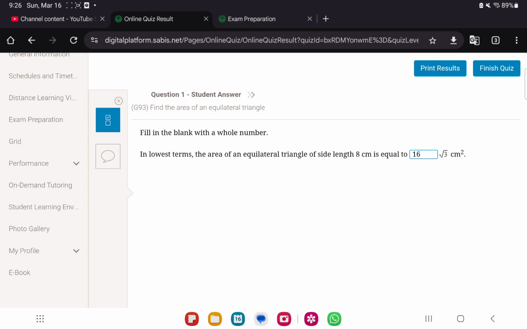So for the first question, we have two ways we can solve this question. One, by the general rule everyone knows, and the other is by another rule everyone knows, but it's not the one we use in school, okay? So the first one, I'm gonna show you the one we do in school and the one we don't, okay? So the one we do in school, whenever they're asking for the area of an equilateral triangle and they give you the length, the side length, whatever, it's half